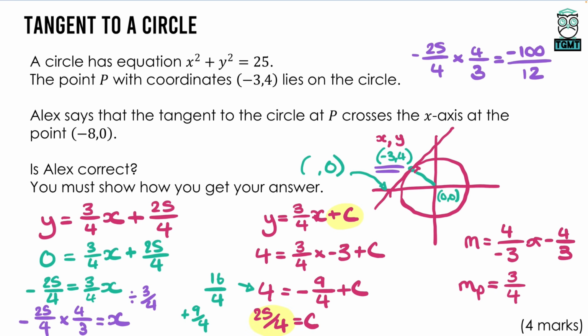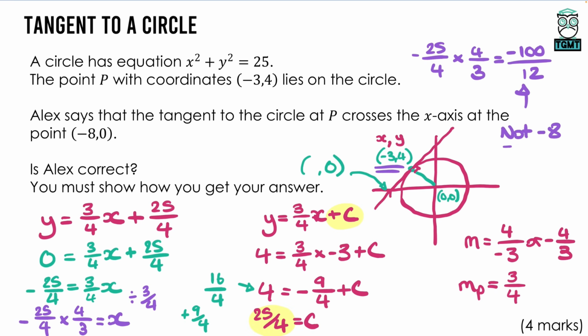Now 100 doesn't divide perfectly by 12. So at this point, we kind of know the answer's not 8. For those of you that know your fractions relatively well, 100 divided by 8 is 12.5. So we haven't quite got the 12.5 below, so it's not going to be 8 exactly. So I guess at this point we could kind of say, no, this is not negative 8. It is very close. If we type it into a calculator, let's have a look. Negative 100 divided by 12 gives us minus 8.3 recurring. But the important part is this is not